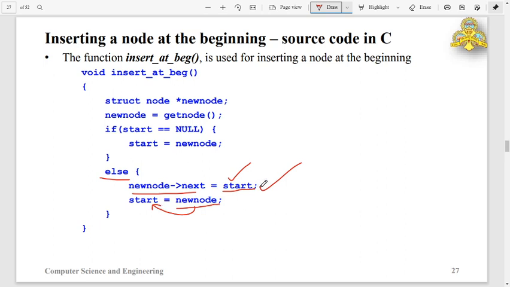So start earlier contained the first node address. Now that changes. Now the start pointer is updated with the new node's address. So this is for inserting a node at the beginning.